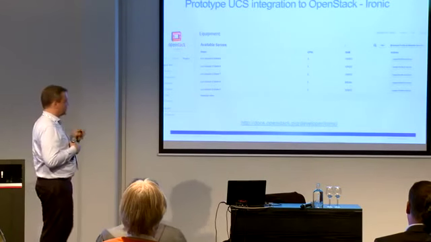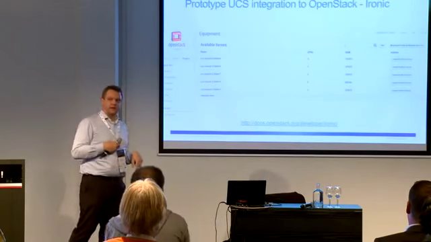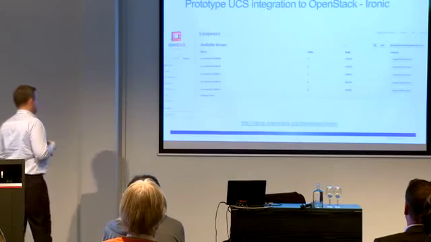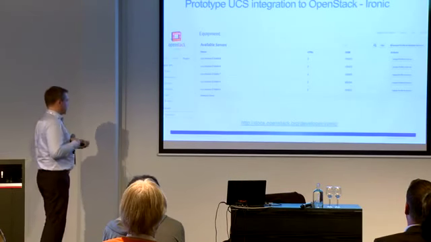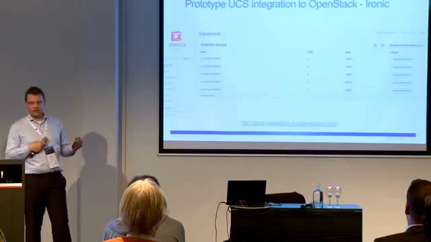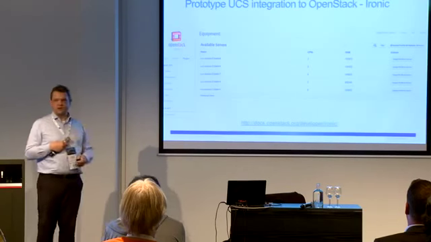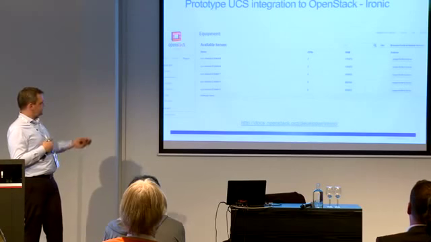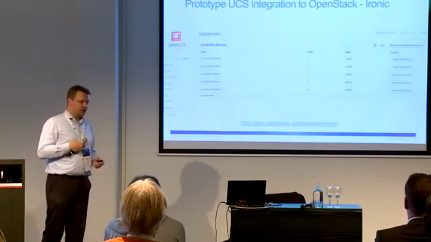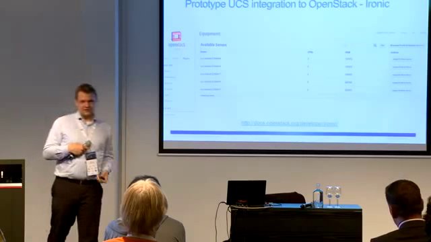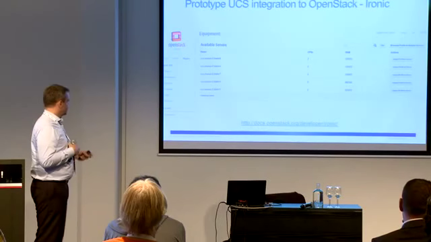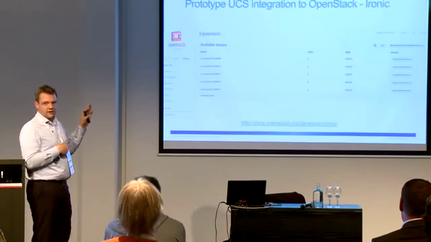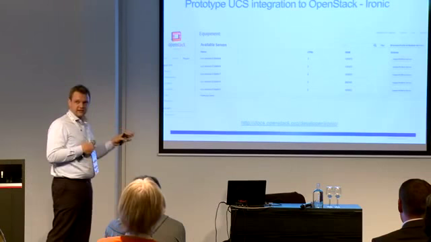And this is how Ironic looks at this time. It's not very sexy, but the only thing we get is a sort of an extra tab where you can see the available servers. And in this case, you see what kind of chassis, what kind of blade. You see the CPUs and you see the RAM. And I can attach certain workloads to those. These are actually presented to a tenant in OpenStack as well.